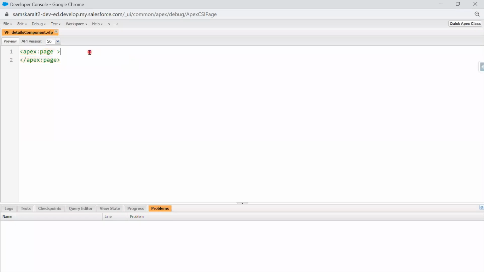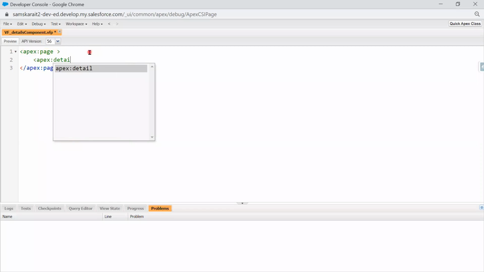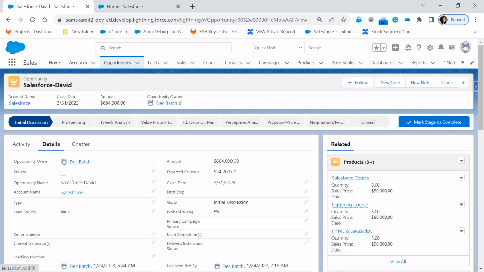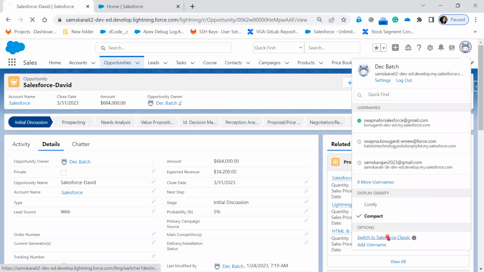Now, inside this, I'm directly writing the apex:detail section. If I give this detail section, it is going to show in a similar way. For example, if I switch to classic,